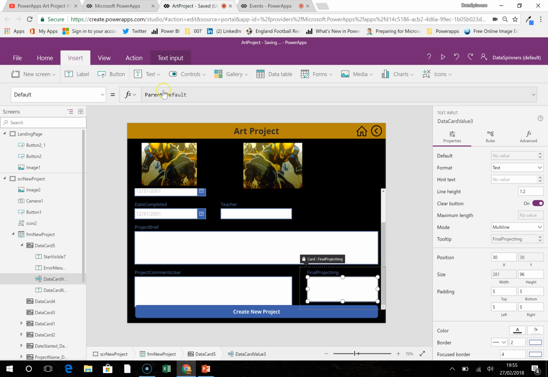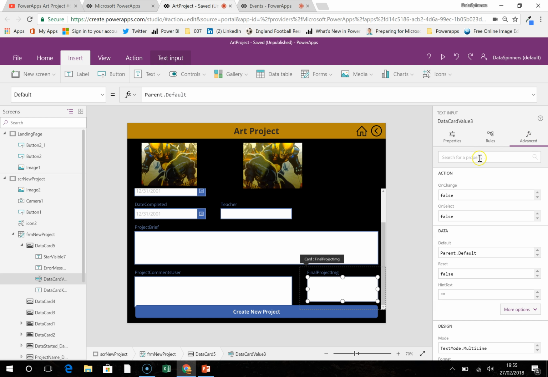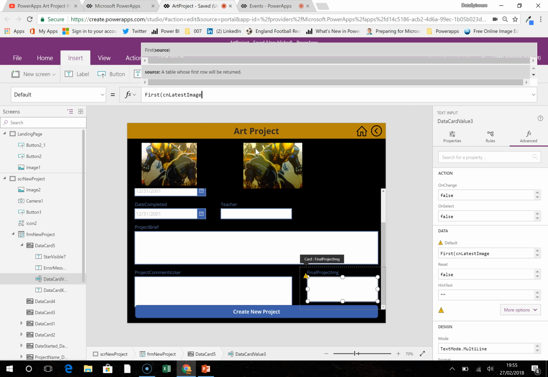We have to go onto this parent default, so we have to go to advanced, and you always have to go to unlock properties if that's what you want to do. Instead of it having parent default, which is in this case nothing at all, we want to use this same string. So we can point at this if that's what we want to do. I'm just going to say first